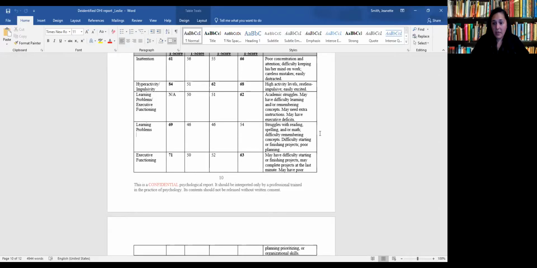Most people attempt to give you a key to each of these areas. As you see on the right-hand side, I told you exactly what inattention is. So that if you're thinking, well, what does that mean for Leslie? Well, it means he struggles in these areas. He struggles with concentration, hyperactivity, what have you.